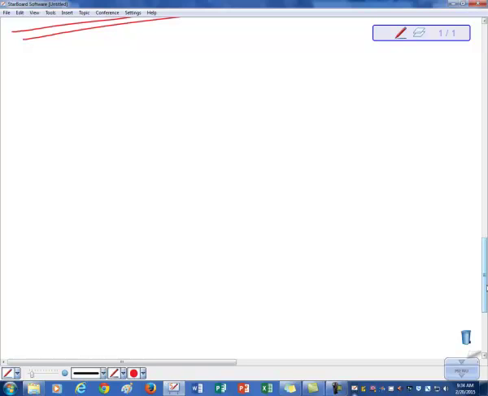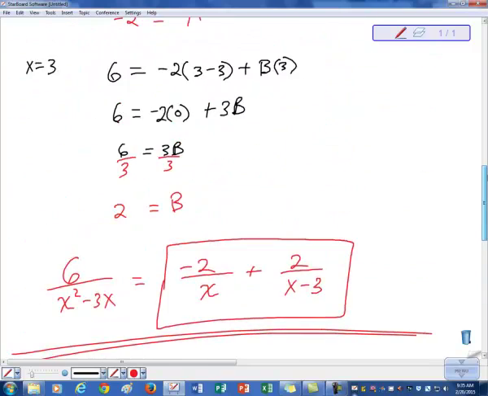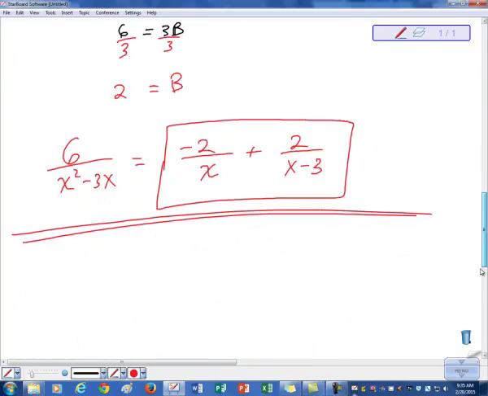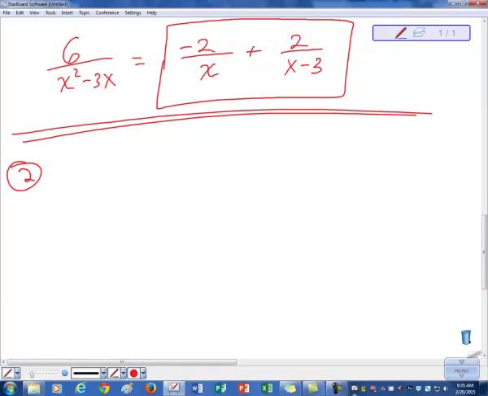Next, let's take a look at piecewise-defined functions. First, we'll look at substituting some values in. So this first one, we'll call that problem 1. The second one, we'll call that problem 2. And we have here